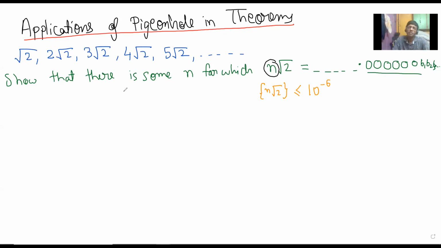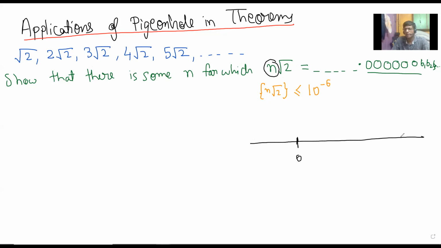Just like last time when we showed that, let's say you give me 57, then there is a power of 10, some power, I don't know what that power is, well, I know, but let's say we don't know, such that 57 will divide that power. Remember, we did this kind of question. So this n didn't come directly, right? This came as a difference of something. So we are going to look at this sequence, and especially we're going to look at the decimal parts. But where are we going to look at it? That is very important. So let's see.